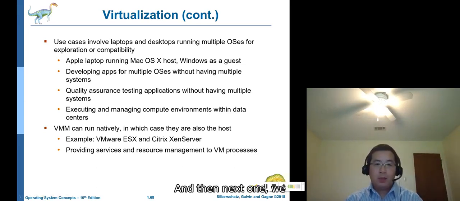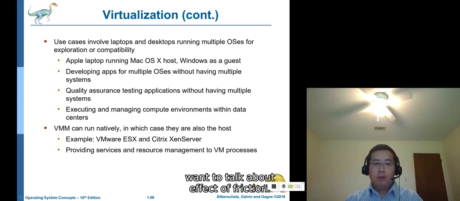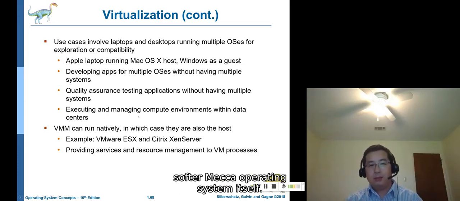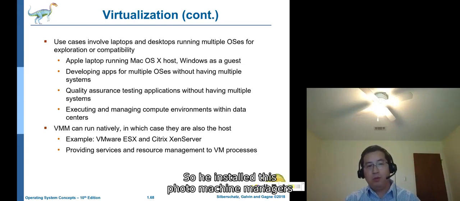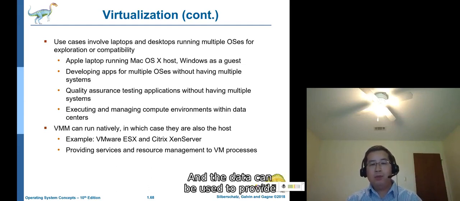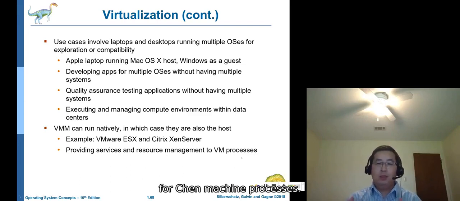And then the next one we want to talk about: in fact, virtual machine managers can also run natively. This is like software, like an operating system itself. So you install this virtual machine manager like you install an operating system, and after that it can be used to provide services and resource management to virtual machine processes.